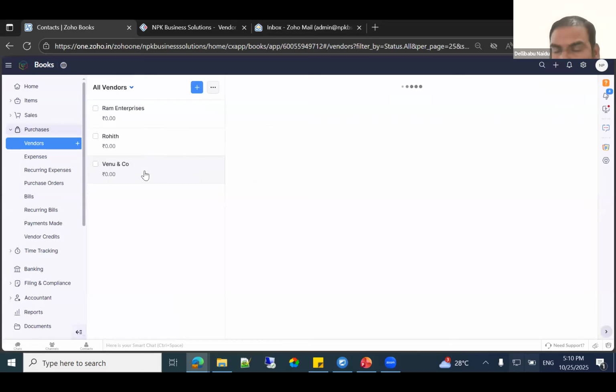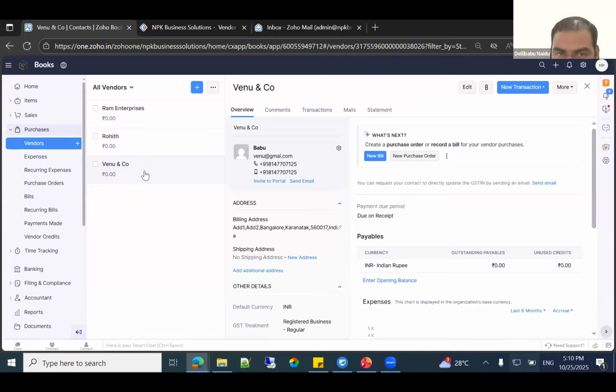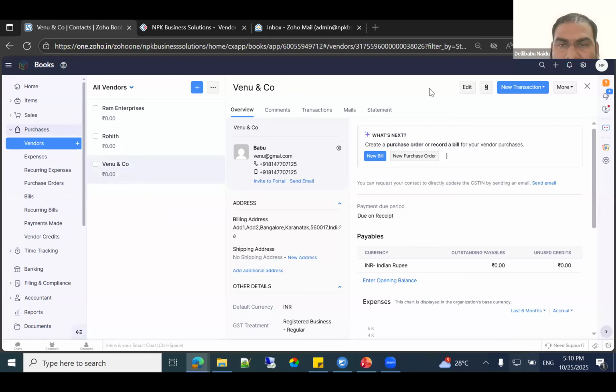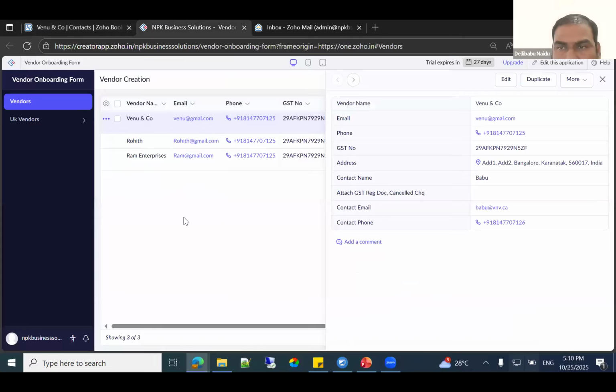You don't need to give your Zoho Books access to external persons, or your internal persons also, the non-finance departments. You can just create one small form and share it with the team, the data entry people, as sir mentioned. They can fill that in, and that mandatory information will automatically come and be set here. There we can do more automations and validations. Here I'm just sending minimal and mandatory information. See, now once we input the data, it is automatically integrated. Now I'm going to show you how we can do this ourselves.